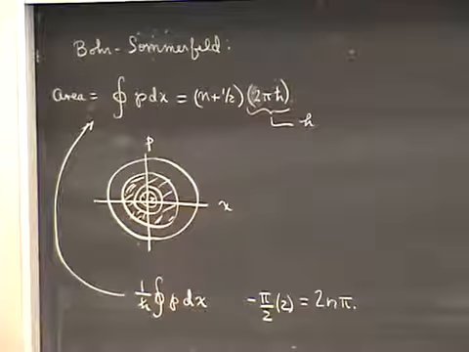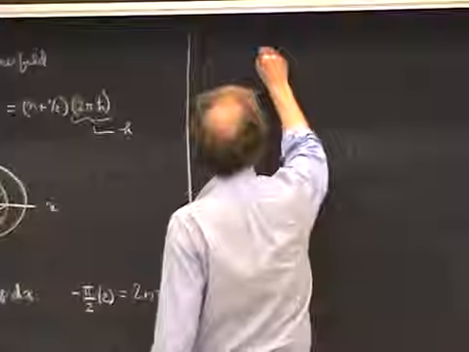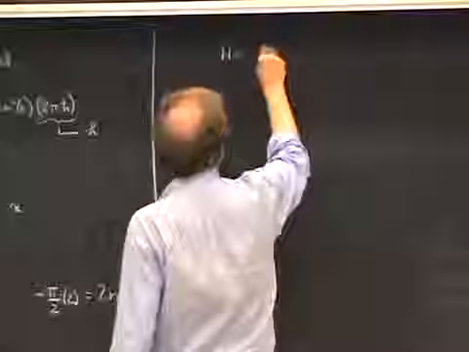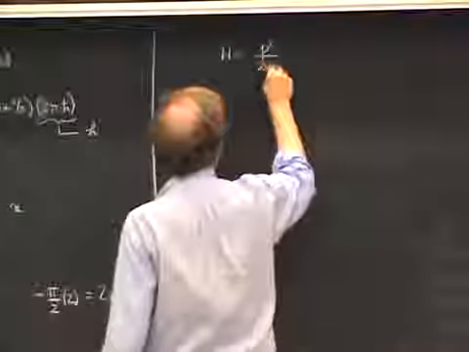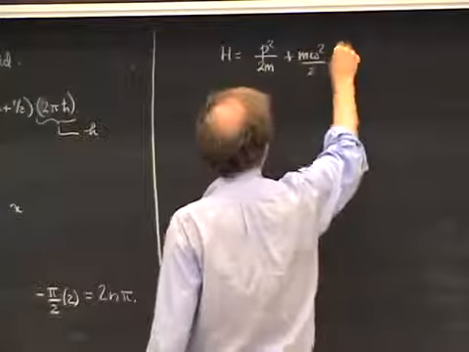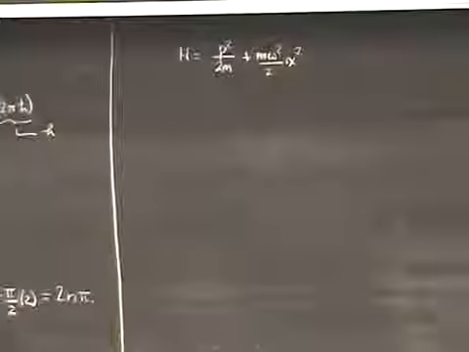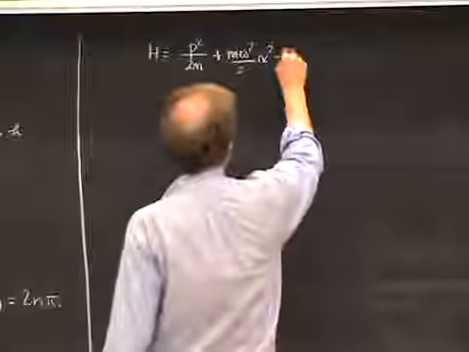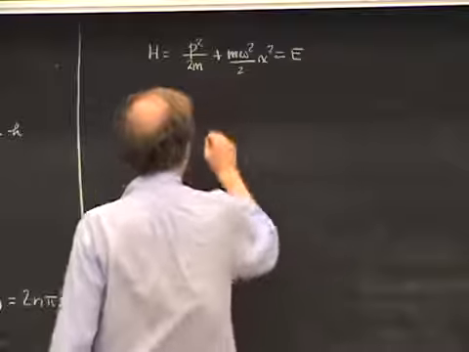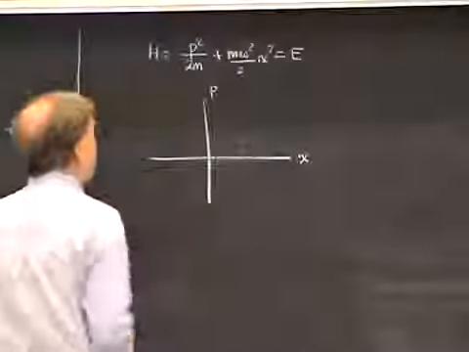So I'd like to begin today by making a simple illustration of how we can apply this rule. Let's work with the ordinary harmonic oscillator, where the Hamiltonian is p squared over 2m plus m omega squared over 2 x squared, as I guess you know. We'll first think about this classically. If we set H equals E, we get an orbit of energy E. And if we plot this in phase space, x and p, the equation